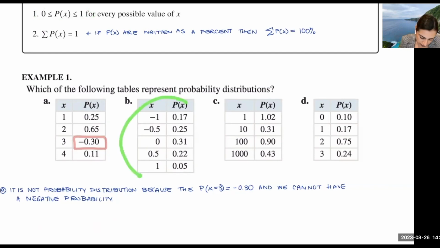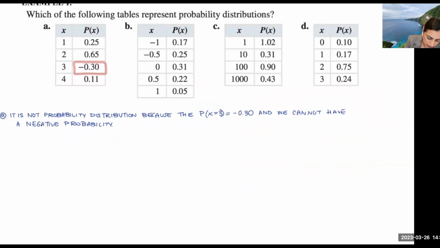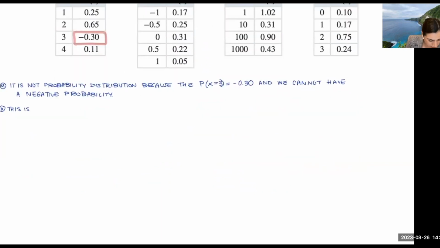So let's look at the next table here. This is between 0 and 1, 0 and 1, 0 and 1, 0 and 1, 0 and 1. It satisfies the first requirement, but now let's make sure that it satisfies the second requirement, that if we add up all these probabilities, it's equal to 1. This actually does end up summing up to 1. So let's make sure that we write that down. This is an example of a probability distribution